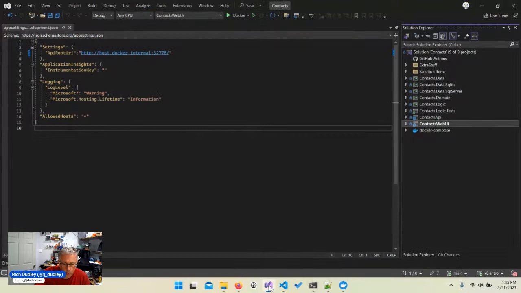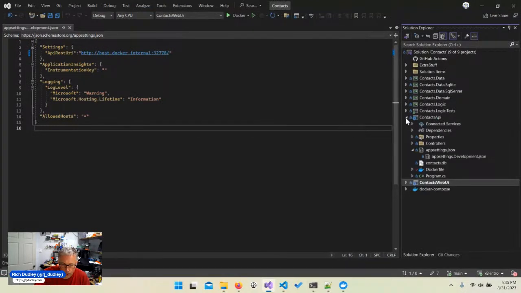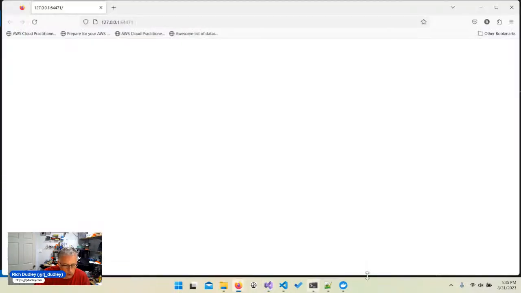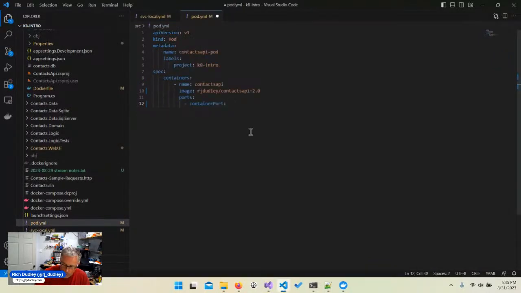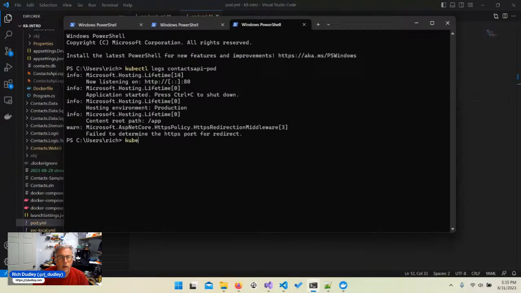I think what we can do then is come back to our API. And no, not that, not the API. Let's go into here. Remember, I changed this on the pod from container port 80 to 443. Let's see what happens now. What we'll have to do is kubectl apply